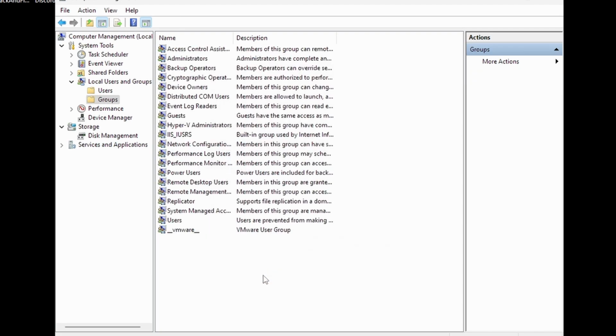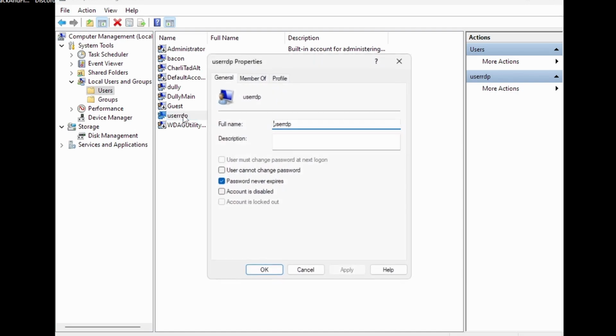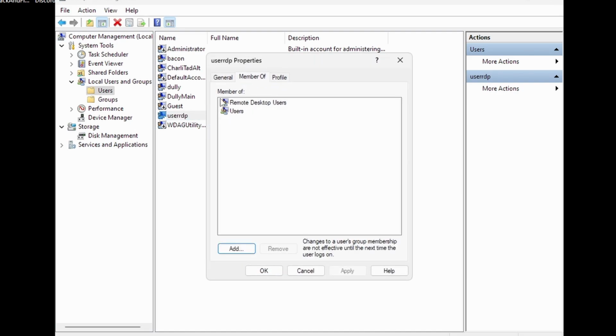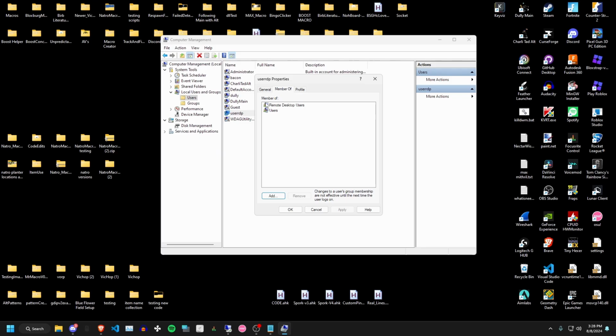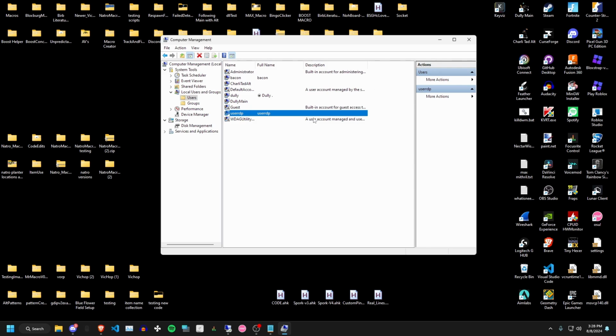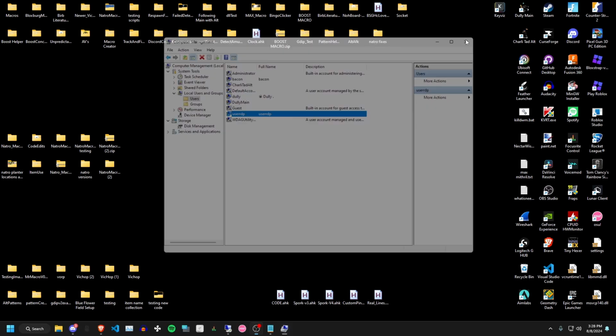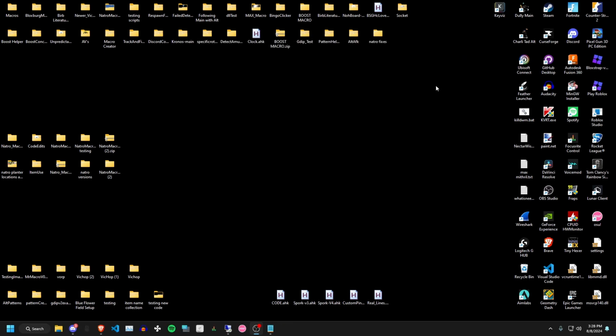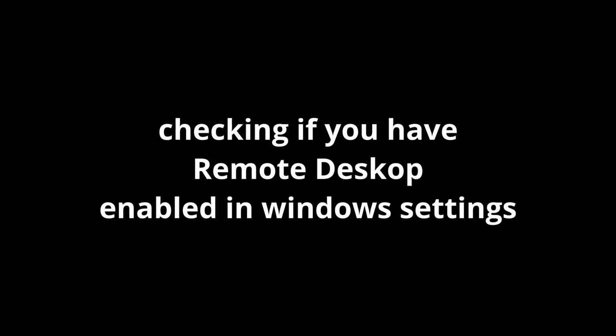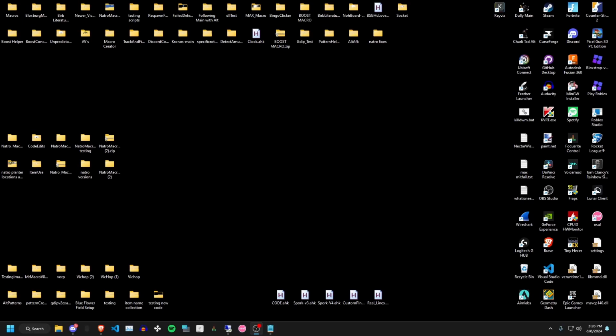Okay. Now that your local user is in the group, let me just double check. Yeah, it's in the remote desktop users. Then you can just close this now. And that's it for making a local user. And the next step,